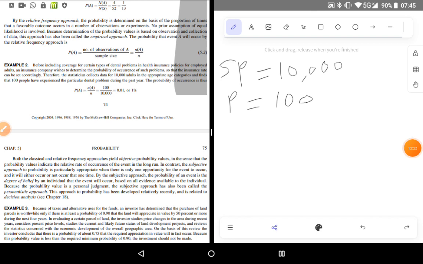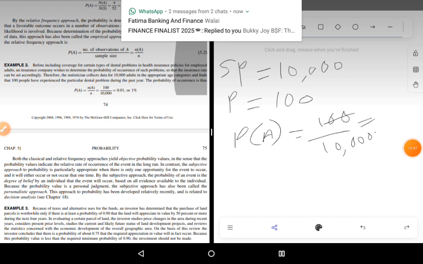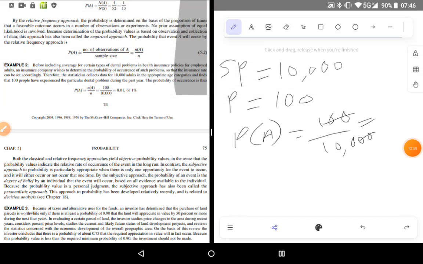To get the actual percentage, we can say the probability for us to get that someone will have a dental problem out of these 10,000 people is 100 over 10,000, and 100 divided by 10,000 is the same as saying, cancel the zeros, and I have 1 over 100, and that 1 over 100 is the same as saying the probability of finding out that someone will have a dental issue is